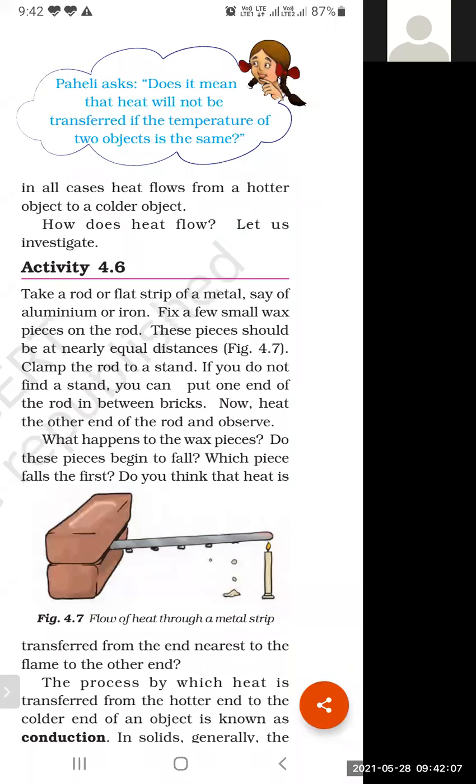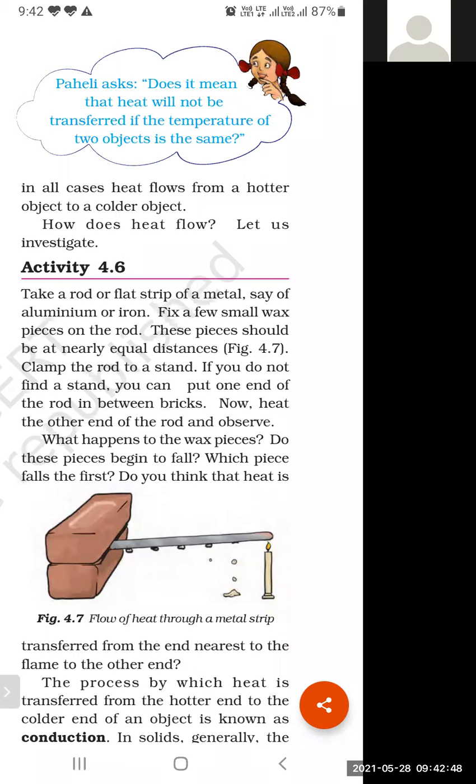You can imagine a situation that you have two water pipes and you are holding them in both hands at the same height. So no water will flow from left to right or right to left. If you make some height difference, meaning one pipe at a lower height and one at a greater height, the water will flow from greater height to the lower height. In the same way, if two bodies have the same temperature, the heat will not flow from one body to the other body.